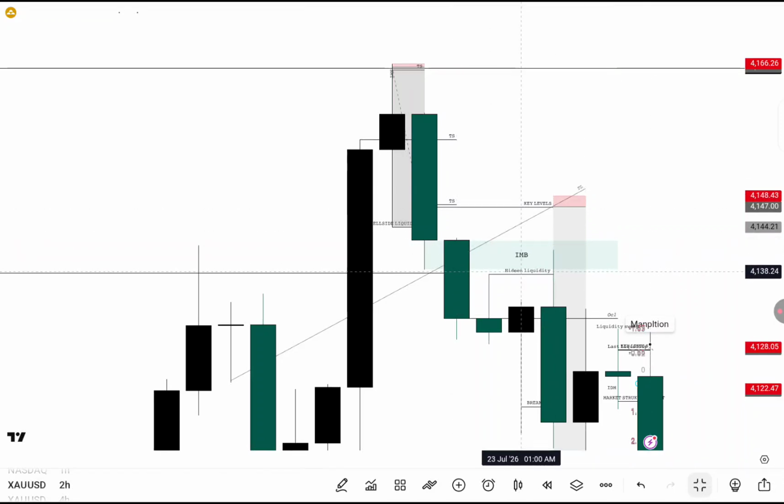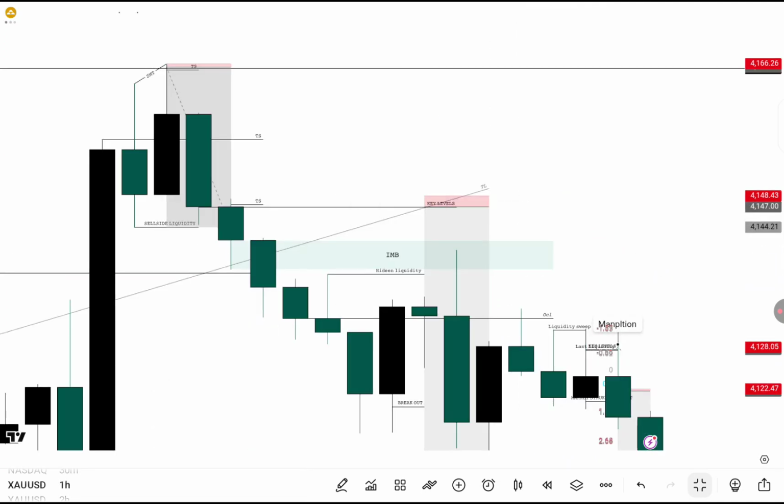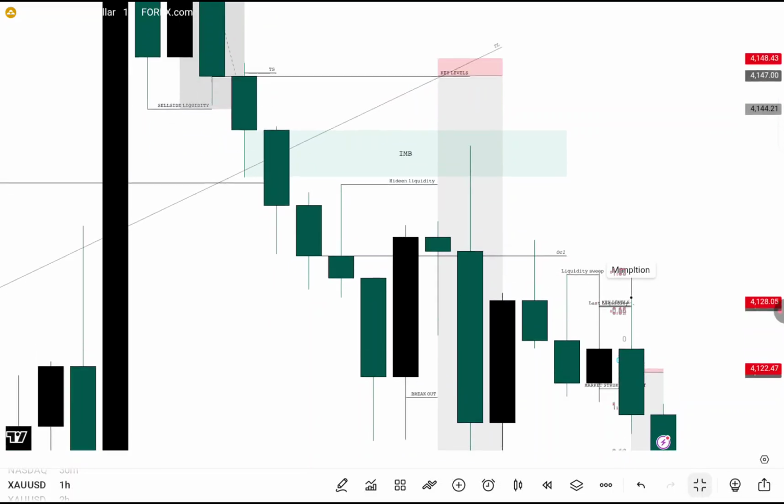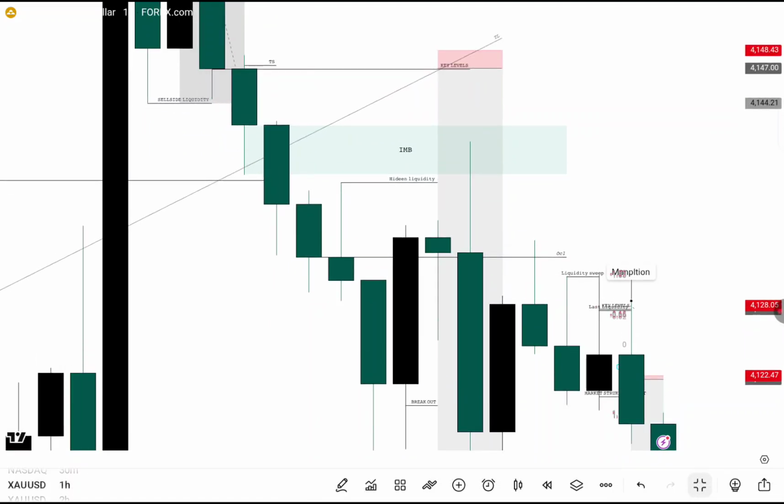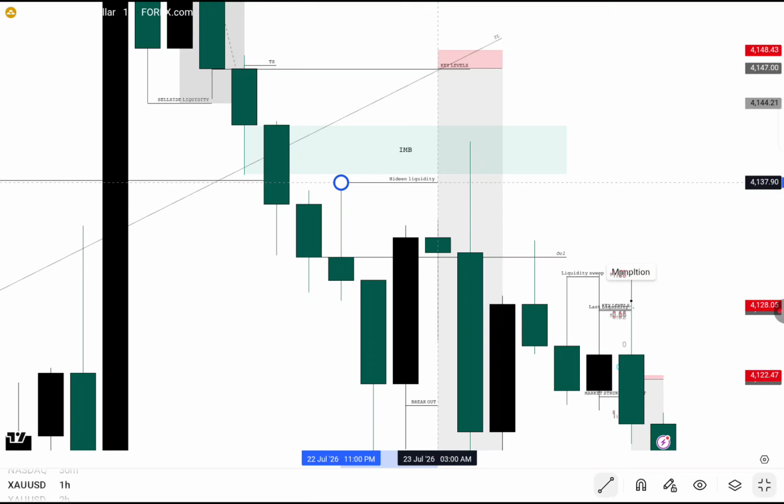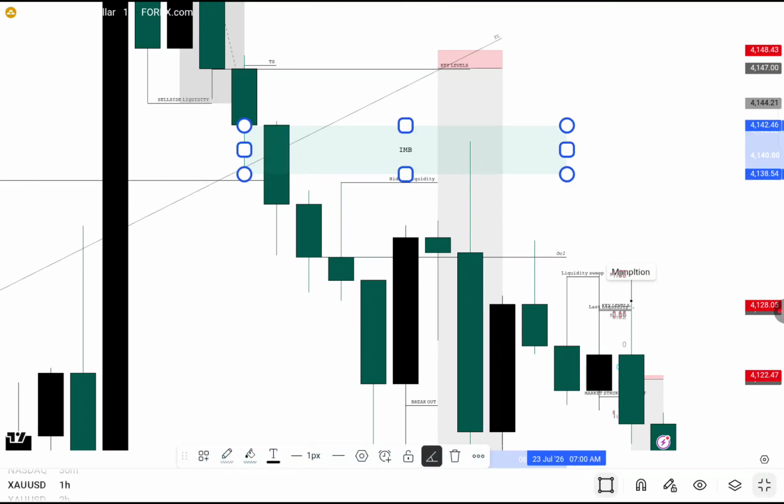and also we had hidden liquidity here. We had hidden liquidity here, so I expected a sweep, and then I tap into my key level, but you can see price never tapped into my key level. So from here I need more confirmation to take a sell. So from here you can see now, after this hidden liquidity taken out and also price tapping into the imbalance,